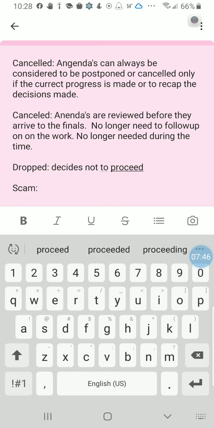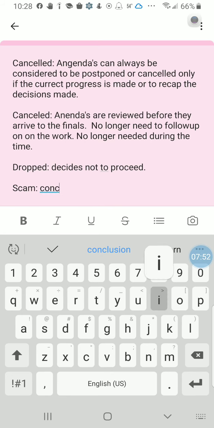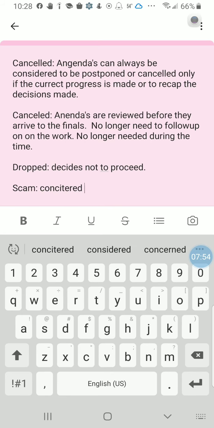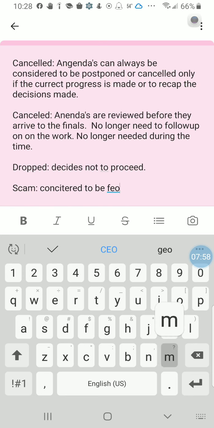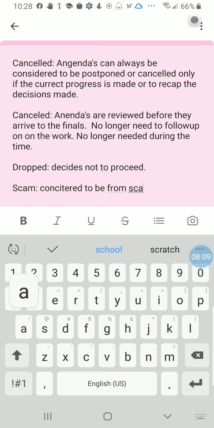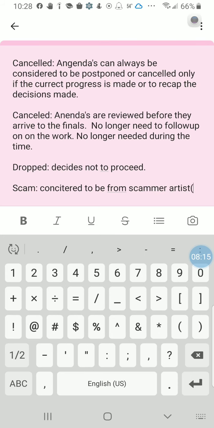This is something I'm sure we've heard of before, and then let's talk about scams. Scams are considered cyber criminals, or you could also say scammer artists. So it sure seems that way. Another thing I could also put on here for scams is